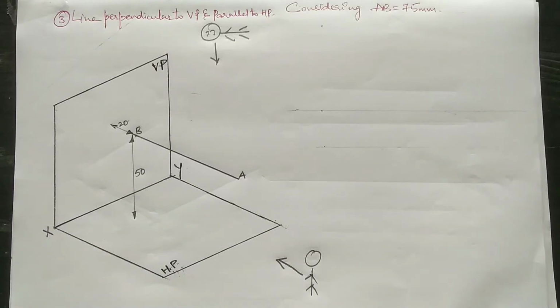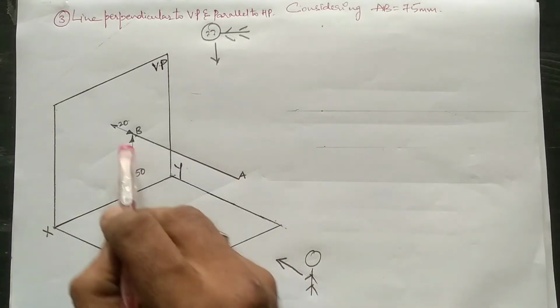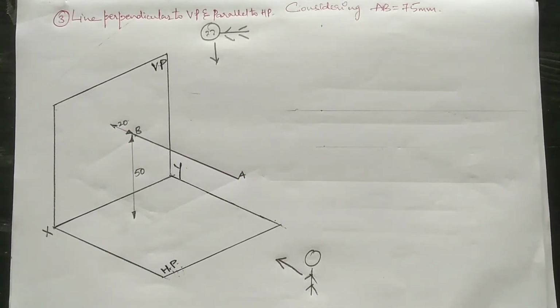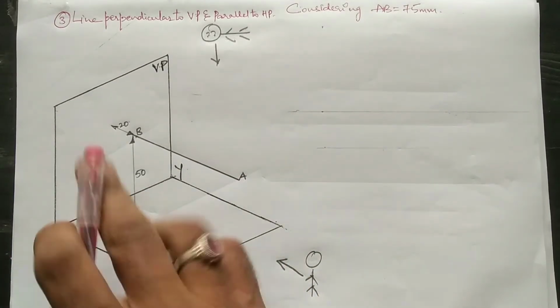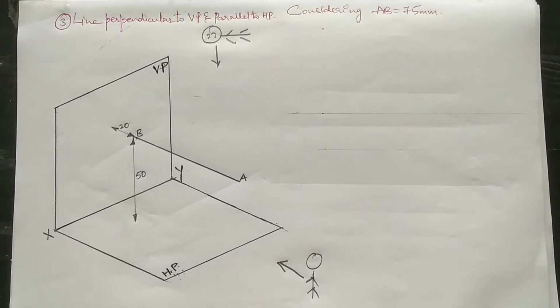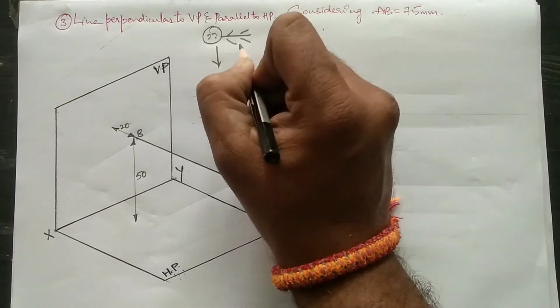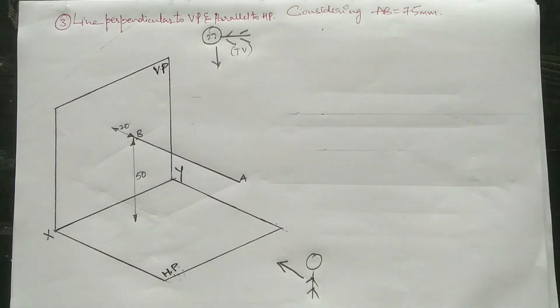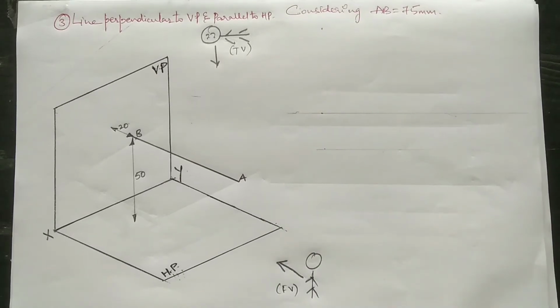As I said earlier, first of all we need to draw the true length of the line. From whichever view it is visible, we go ahead with preference to that view. Right now, from the front view, it appears in the form of a dot presentation. It is a dot, projected on the vertical plane. So this is not the first thing we need to draw. First we need to draw the true length of the line from where it is visible. That is possible only when seen from the top view, but from the front view only a dot presentation is represented.